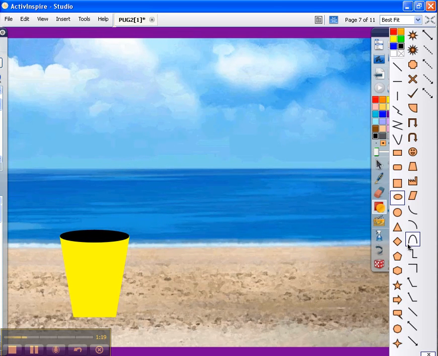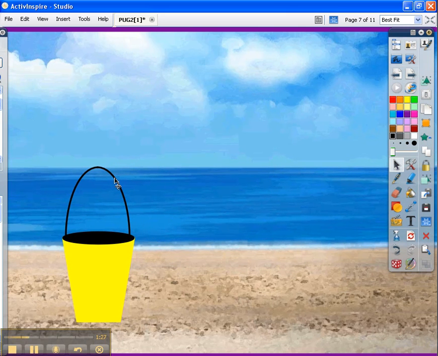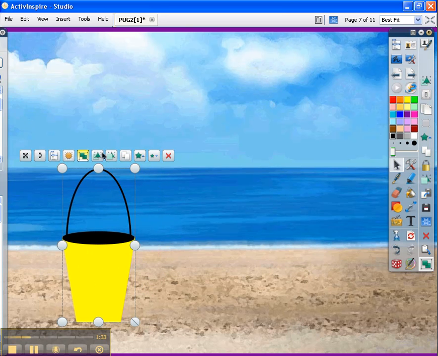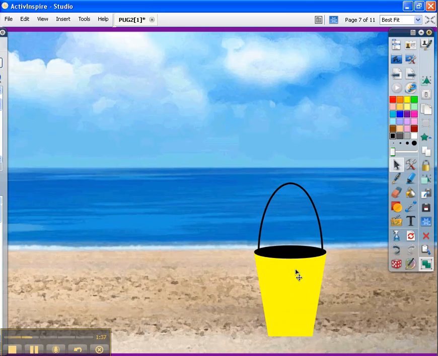There's a good handle. Kind of missed, but that should work. Okay. Now, I'm going to stick all this together so it moves using the grouping tool, so that it moves all together as one piece. And then I'm going to put all my vocabulary words over here that I'm going to